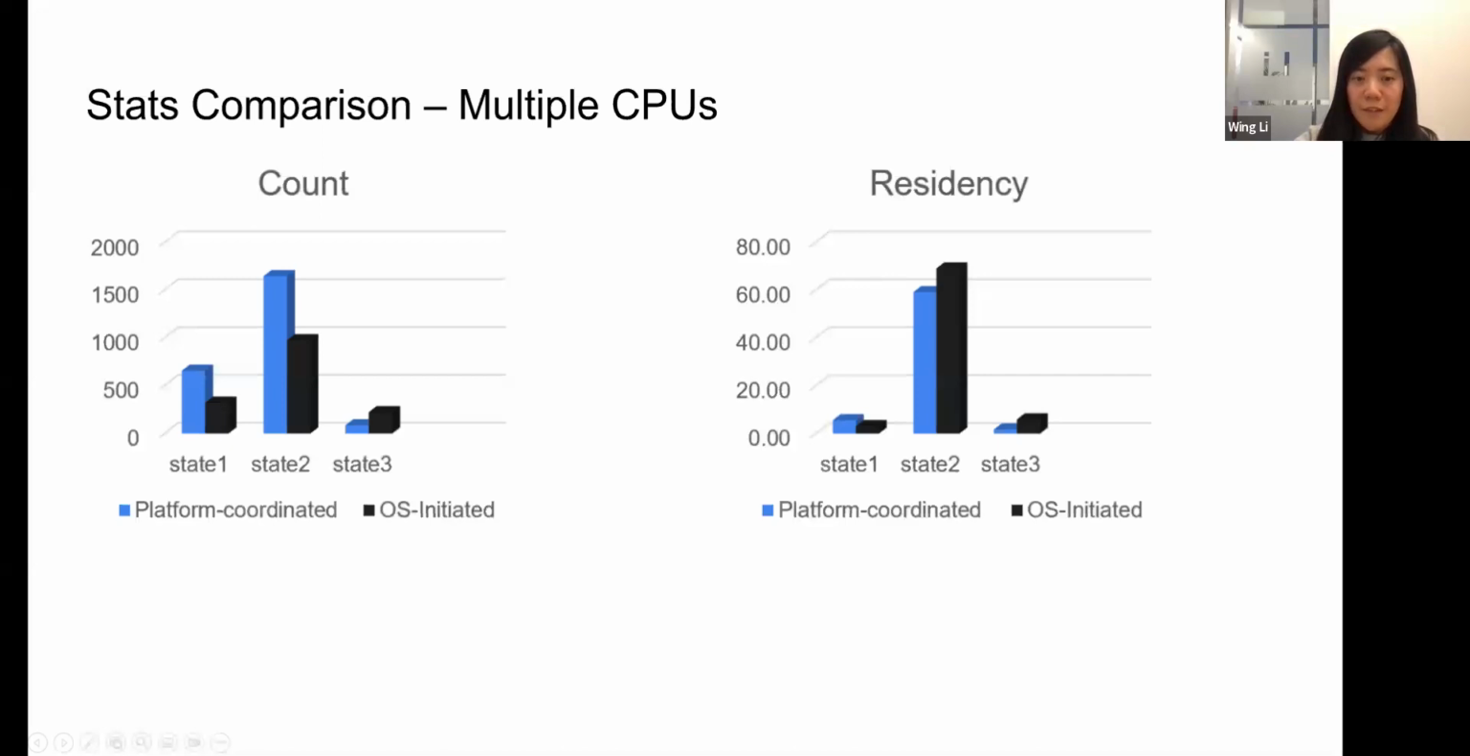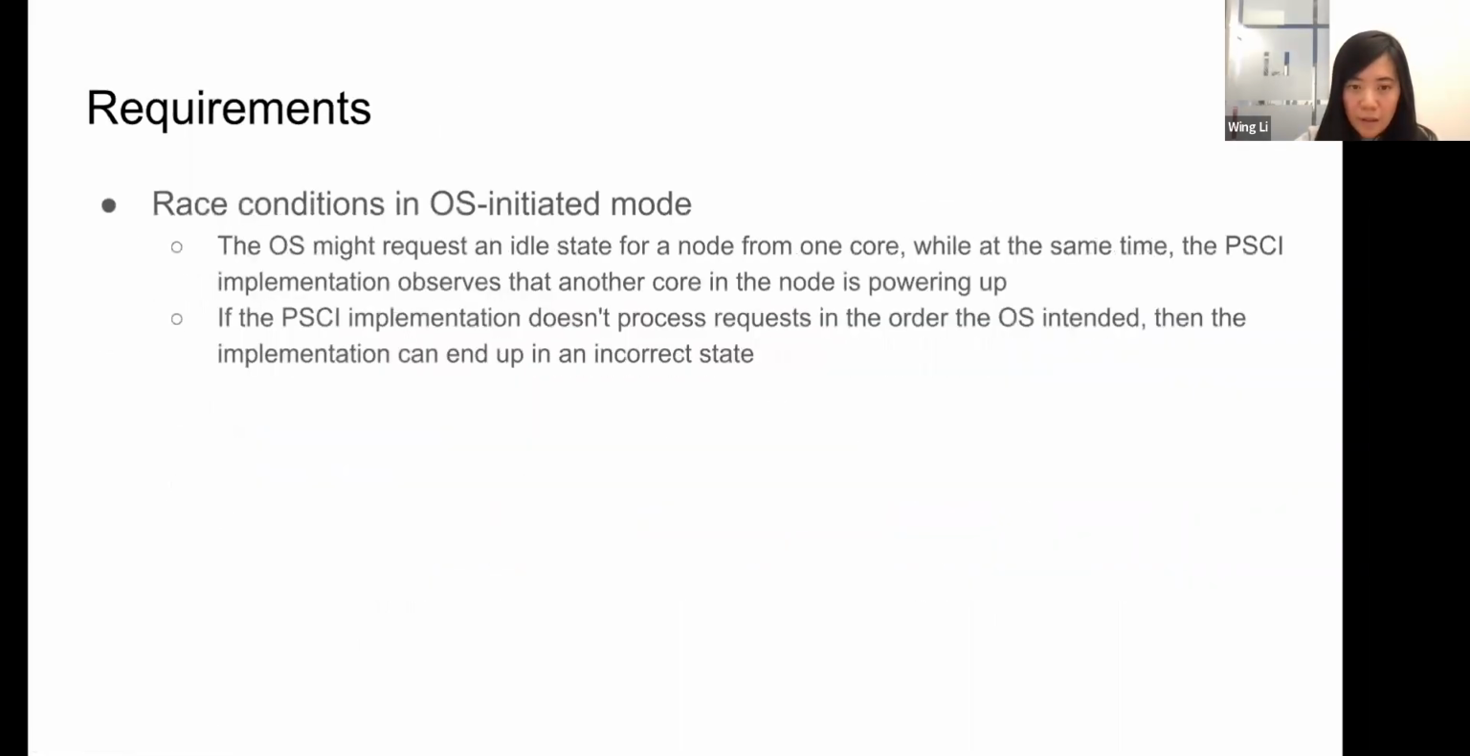Okay, so we have 8 minutes remaining. We do have some additional slides to go over, but I think I'll just skip to this. So mainly it's just requirements and how to handle certain race conditions. I'll just quickly highlight that race conditions can happen because the OS can make a request and it conflicts with the implementation's view, because the implementation might see a core powering up in a domain that the OS might want to put in